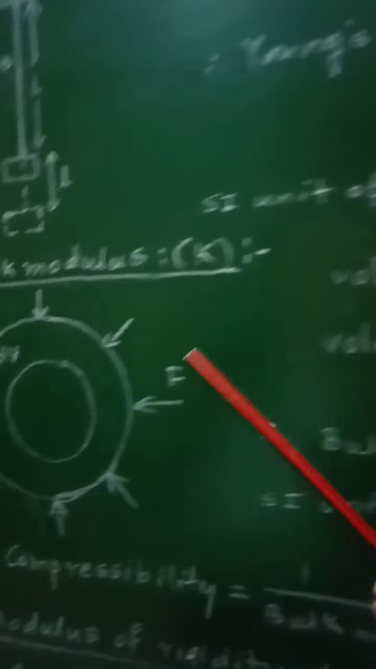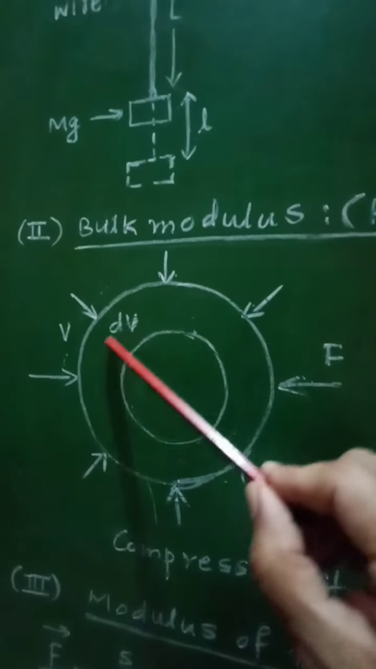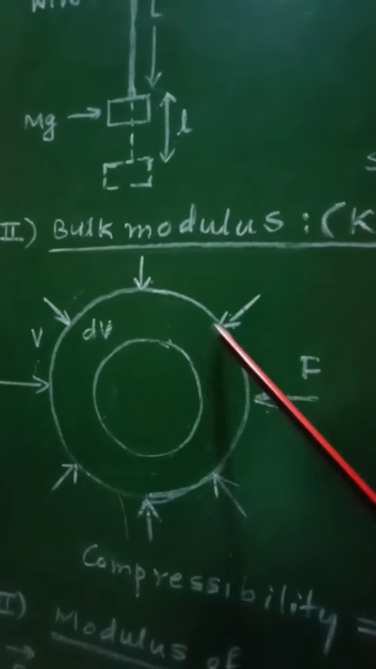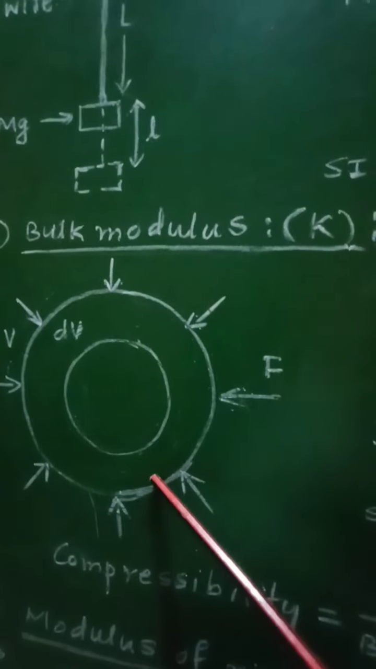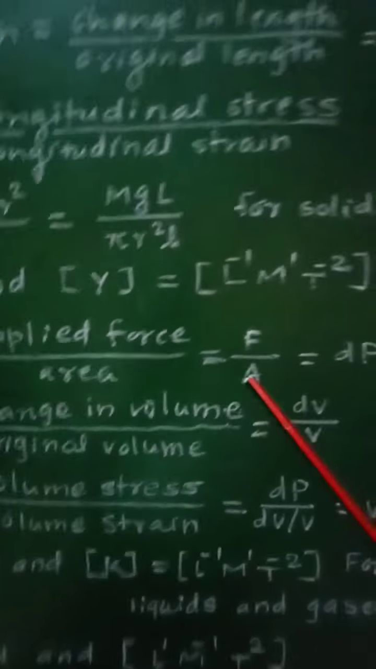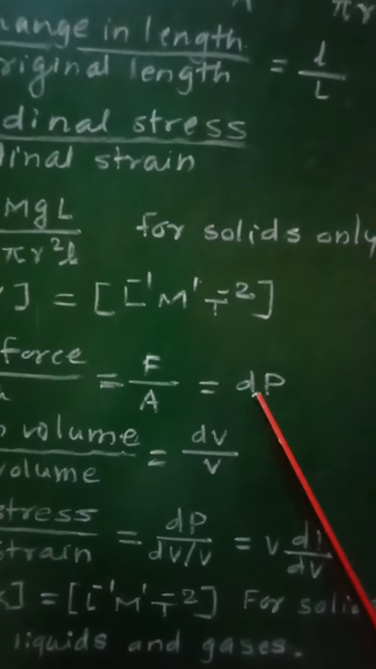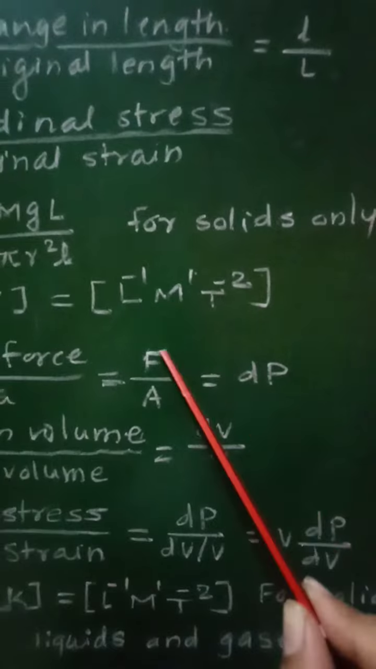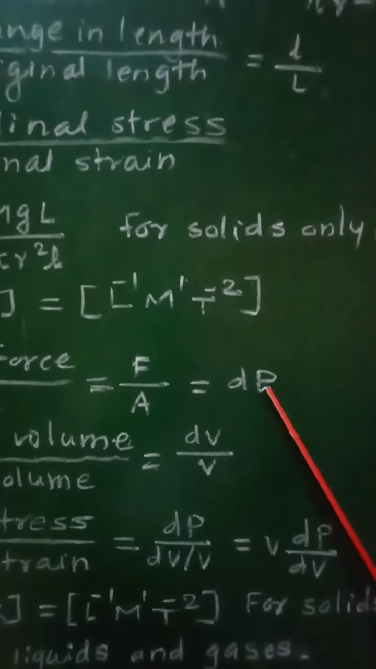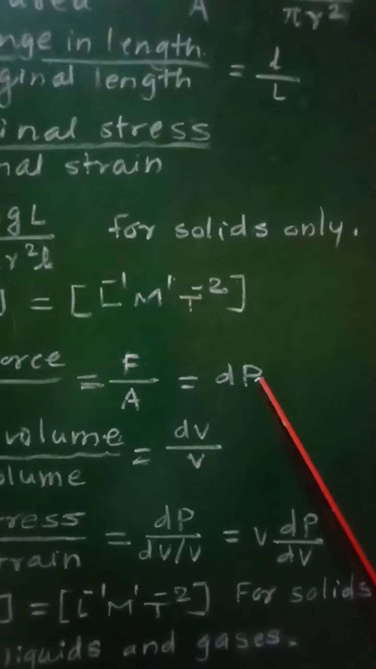In this case, the force applied on the surface of the sphere is perpendicular to the surface at each and every point. As this perpendicular force per unit area represents the change in pressure dP, this volume stress F by A will be equal to dP, that is change in pressure. Similarly, volume strain